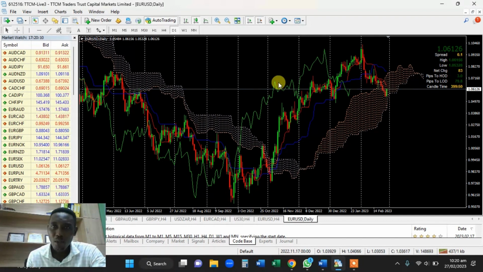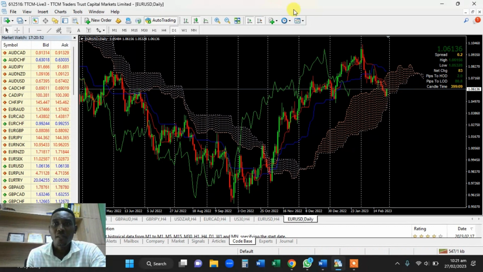So there are basically 1, 2, 3, 4, 5 lines. Two of the lines form this cloudy shape here. We call that the kumo. It's called the cloud. And I'm going to start from scratch and interpret what we see here so that we are able to make good decisions as traders. As a beginner, or if you've been using Ichimoku, because there are people who have been using Ichimoku but are not able to interpret what the cloud is telling them properly, or they don't understand how it works, or they learned it from somewhere, which is not the best.